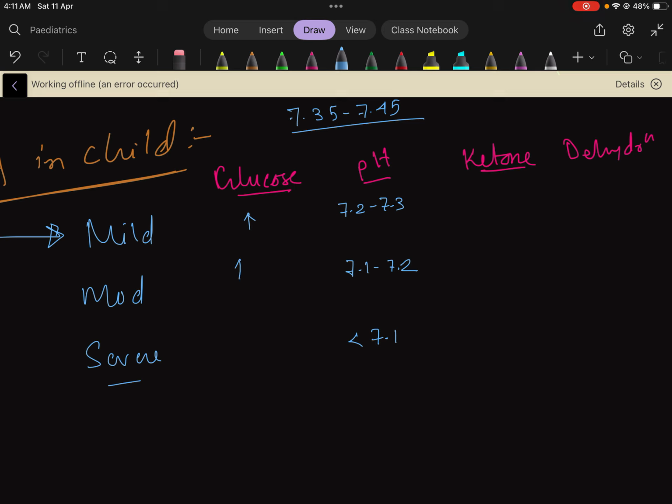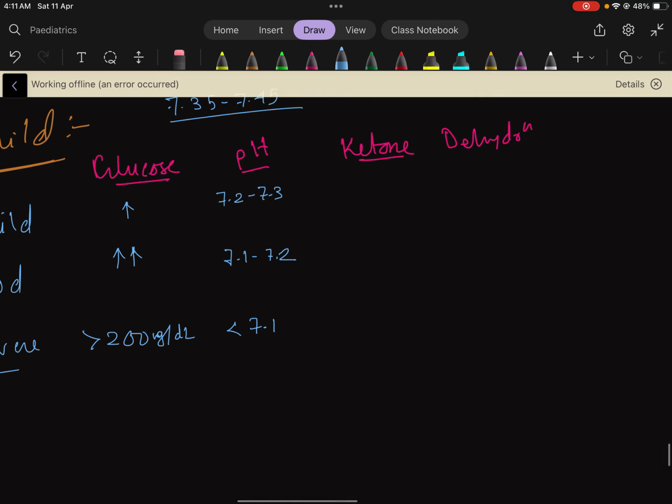The glucose will be mildly elevated, then moderately elevated, then surely more than 200 milligram per deciliter will be there. Ketones 2 plus on the dipstick,